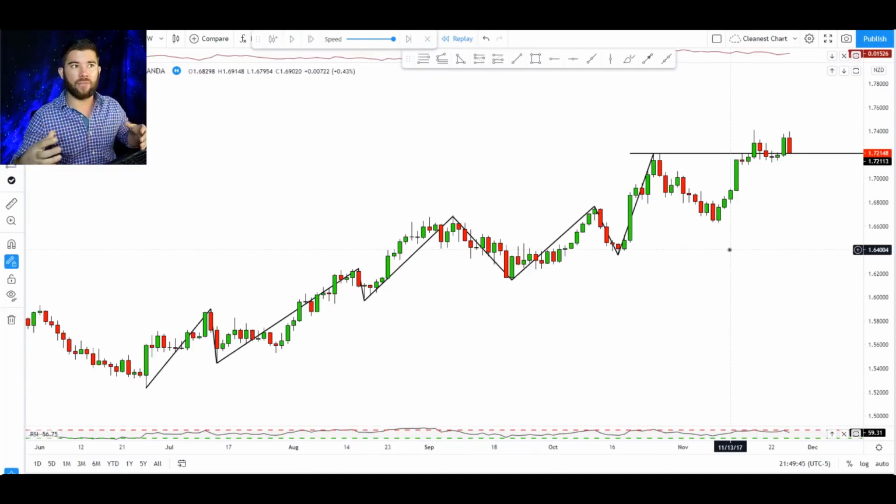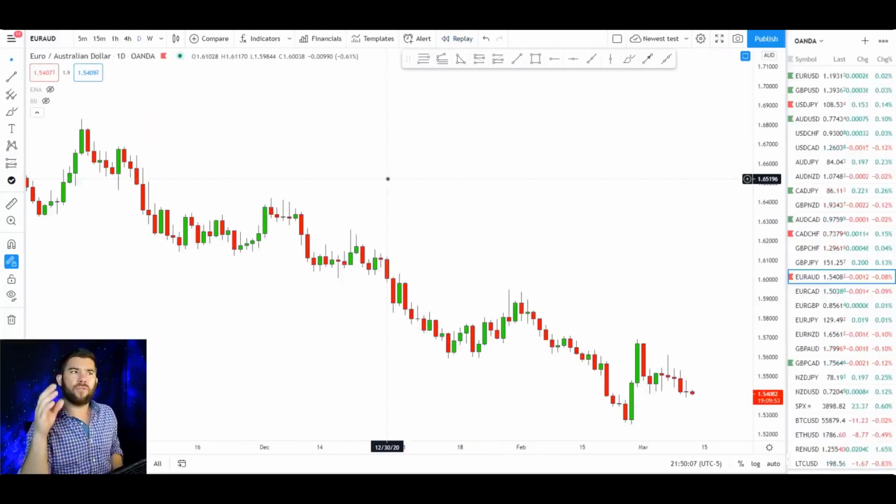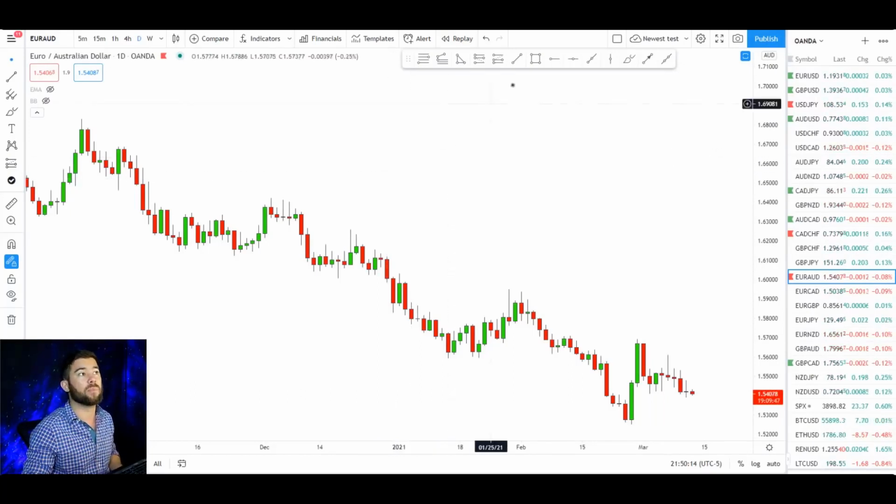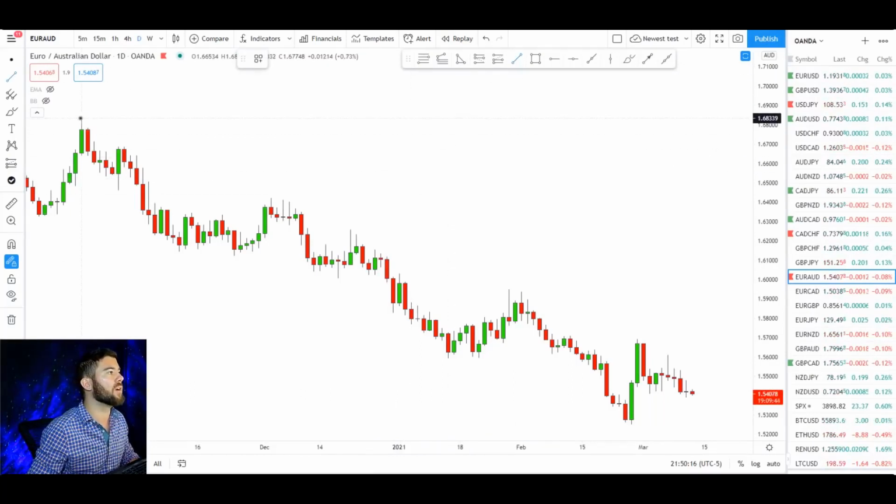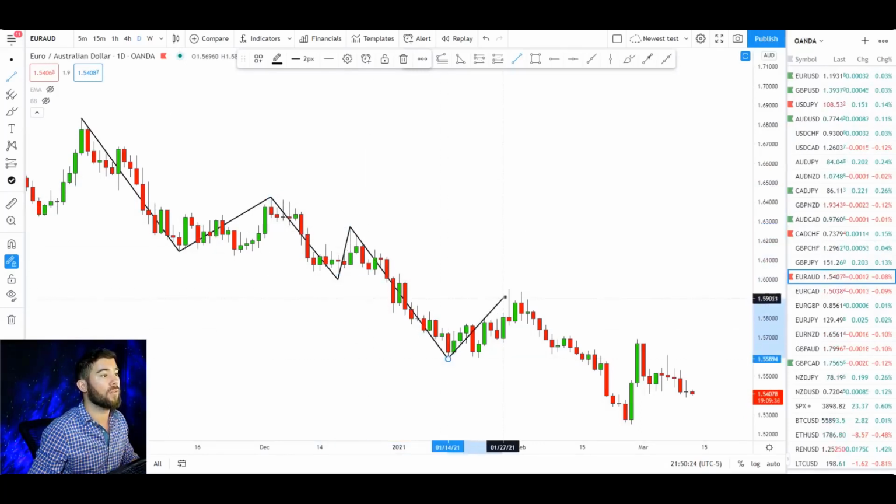So that's how I identify uptrends. Let's now switch the script, flip the coin, if you will, and take a look at downtrends and how to identify those in order to make more accurate trading decisions. So if for an uptrend, we are looking for higher lows and higher highs, what do you think we're looking for with a downtrend? It's the complete opposite, right? We're looking for a starting point here, then we're looking for lows, followed by a lower high, followed by a lower low, followed by a lower high, followed by a lower low, followed by a lower high, so on and